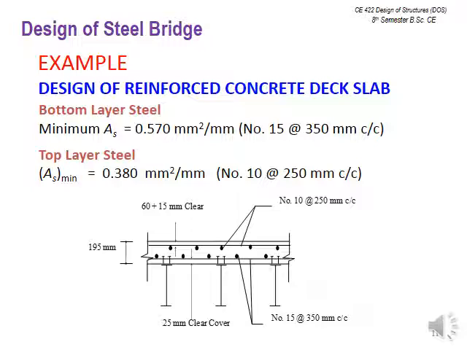Then if all the conditions are satisfied, we can go for the minimum requirement for the bottom layer steel and for the top layer steel. So corresponding to 0.570 millimeters square per millimeter, we get this answer for the reinforcement. So you have to show the schematic diagram as you had done earlier, and also in the 9.1 the shear connectors were missing. That was manually drawn diagram, but there also, and in this example also, you have to show the shear connectors in any case. Those are going to be welded with the steel, the flange of the steel on this side, and it is embedded inside the concrete.